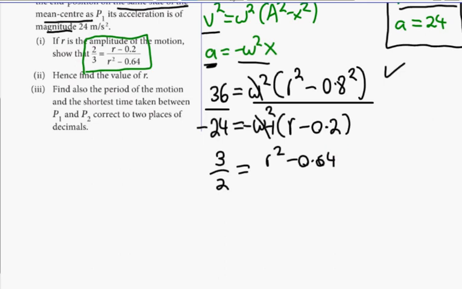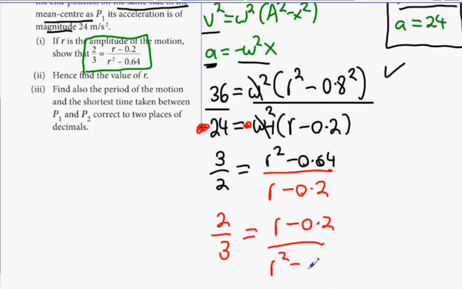And see the minus. The minuses cancel each other on the bottom. See that there's a minus on both fractions. They just cancel each other out there. And now you're going to get r minus 0.2 equals that. Turn them both upside down to get 2 over 3 equals r minus 0.2 all over r squared minus 0.64. Okay,